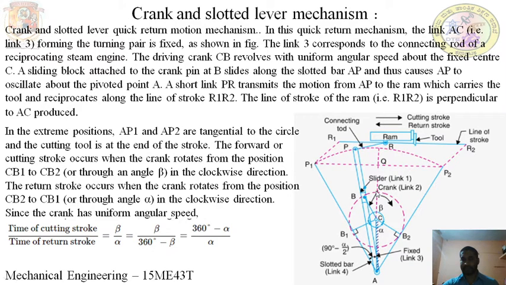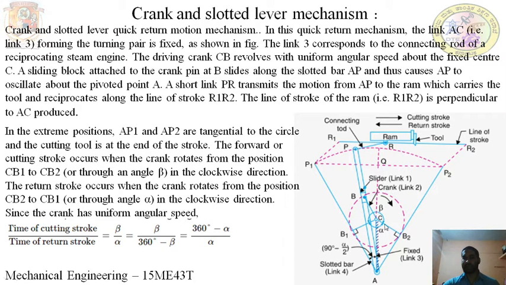From this geometry, you can see that the angle beta is greater than the angle alpha. Angle beta is more than 180 degrees, since the total circle is 360 degrees, whereas alpha is less than 180 degrees. The beta angle performs the cutting stroke, which will take much more time because the cutting action takes place. Angle alpha is the return stroke, the idle stroke, where no cutting action takes place. It is performed by a very small angle, so it takes much less time compared to the cutting stroke.